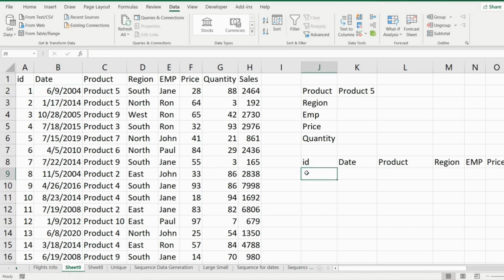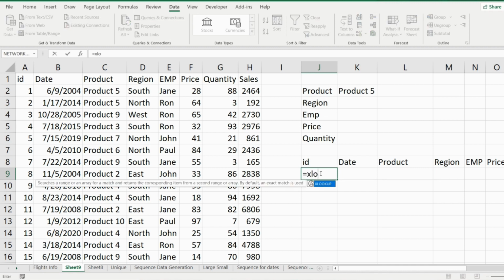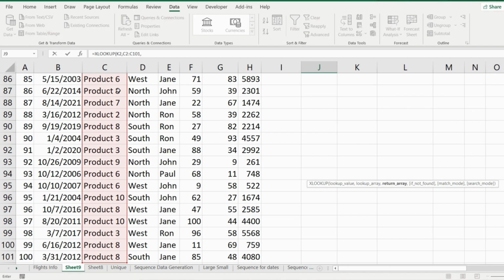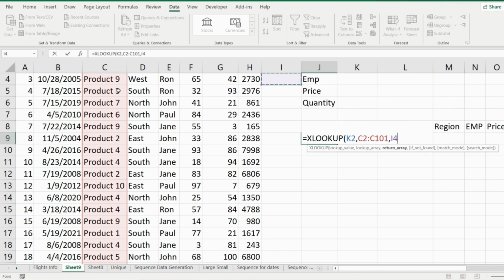So here we have a list of sales data with columns like product, region, employee and sales. And now we want to identify rows with the product ID 5. If we use VLOOKUP, XLOOKUP or index match, it will return only one row. Let's verify this using the XLOOKUP function. We write XLOOKUP. This will be our lookup value. We will look it up in our product column